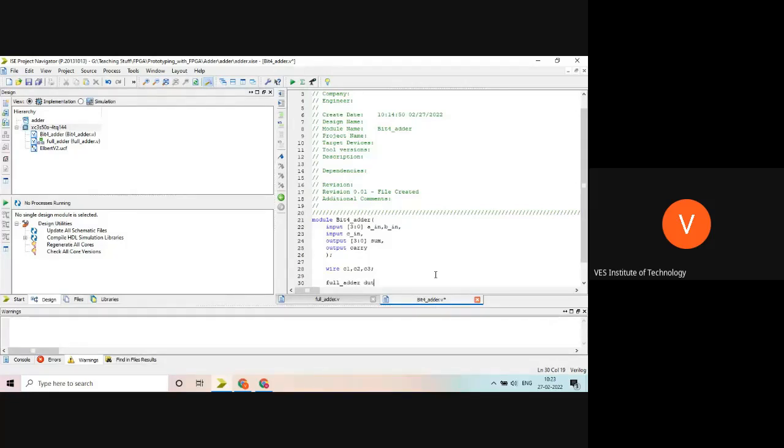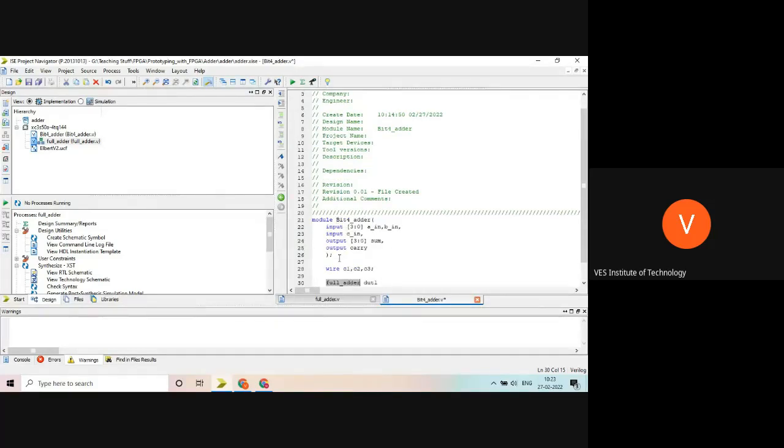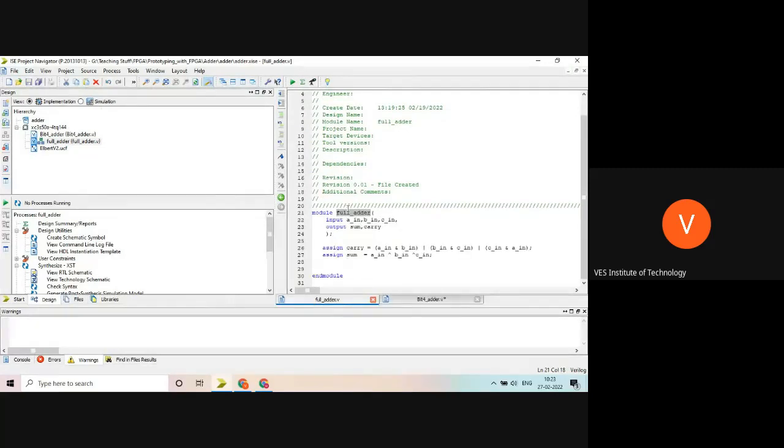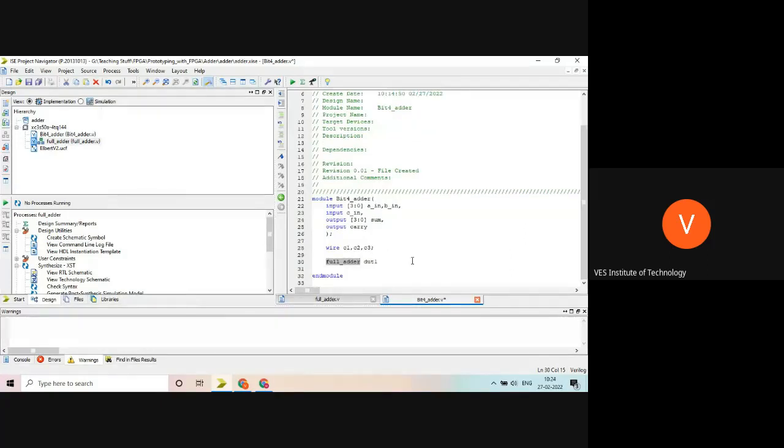DUT1. So this is entity, the entity name. Here it is called as an entity. So I am calling this function. So this name and this name, these two must match. Then and then only the function will be called. So that means this module will be called when this name is matched. So generally in C, C++ programming, we call the module or a function by name. In the same way, here we are calling the module by name.